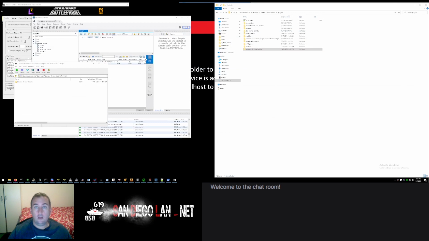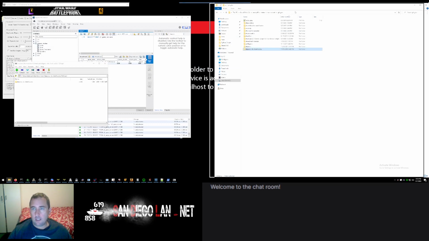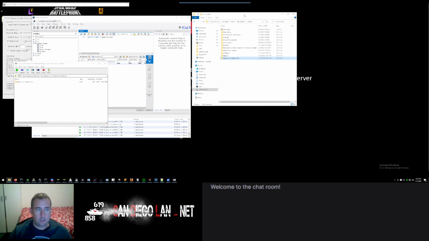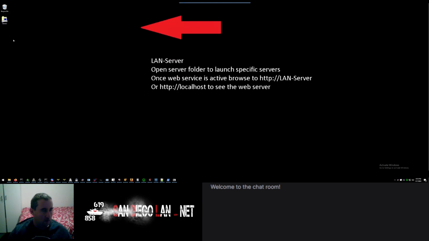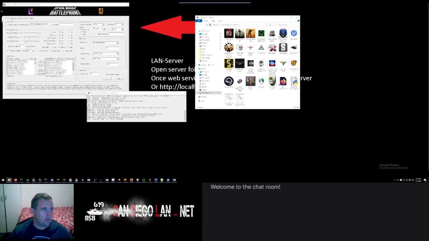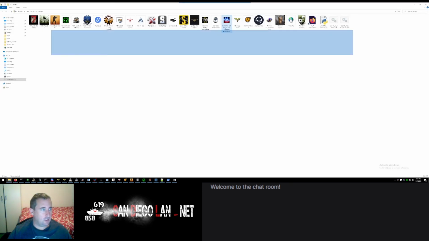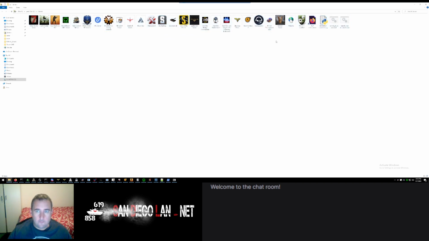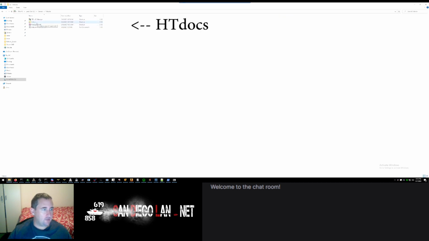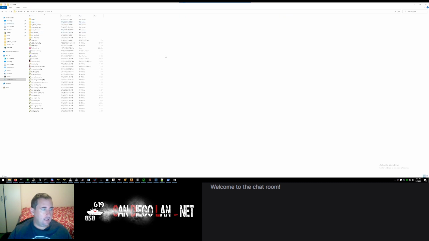So here we go. Hello again. We're looking at a screenshot of the server itself here. On the server desktop, we've got another shortcut here that says servers with all the different games that are currently installed. In here, there is a website shortcut, and then an htdocs folder. And then in here, we can upload files, and if we want them viewable by the download manager, what we would do is create a zip of the game or application that we want to be able to share on the network. And I would put that zip file under WP Content,